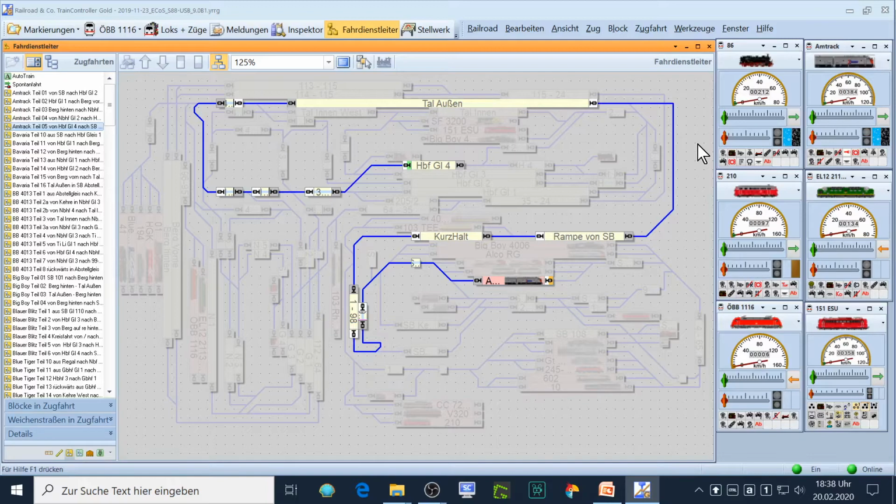And there is another thing which one must mention: if a track block is marked with a blue line, like these 4 are, a train will not go into such a marked block if it cannot go out of the block immediately. So a train starting here will only start if it can reach, without any stop, this track which has not this blue marking. That's one of the many features of the Traincontroller software,